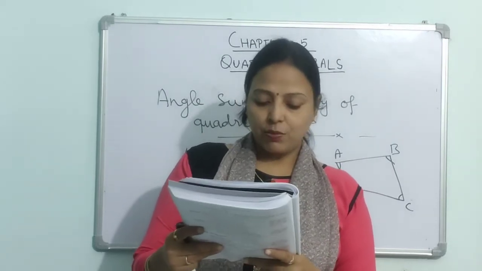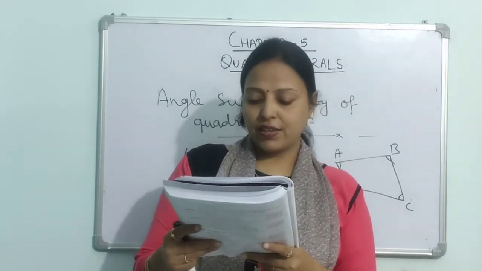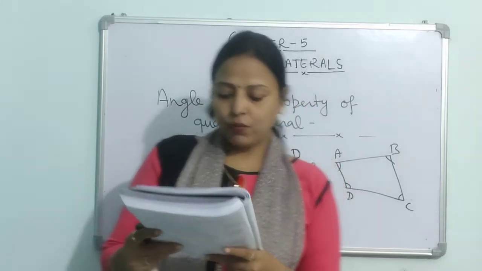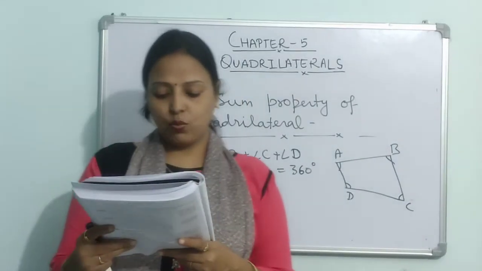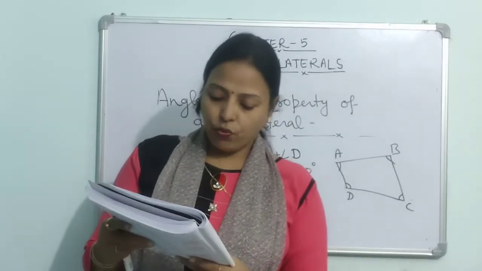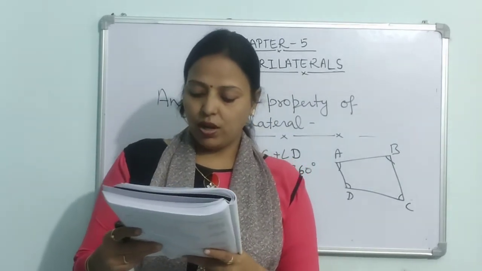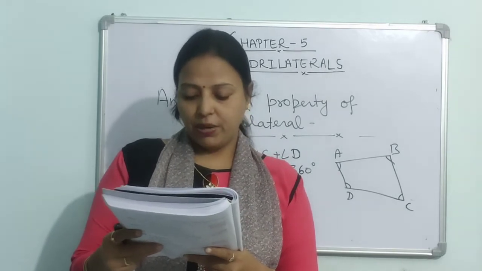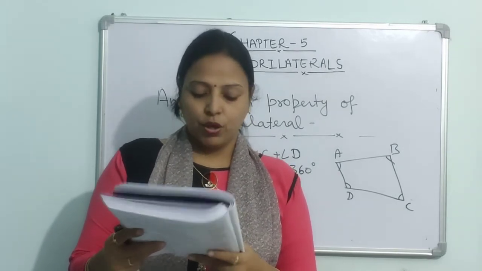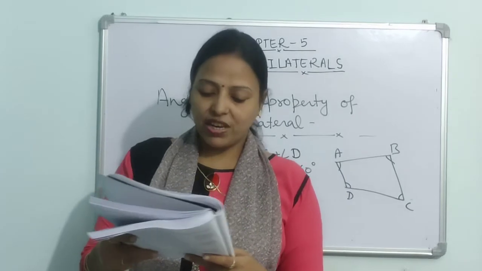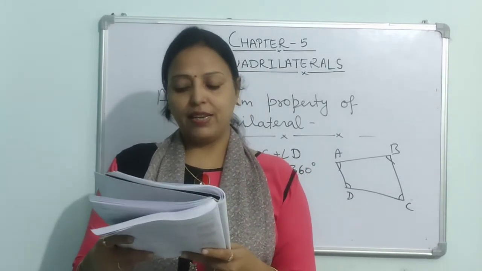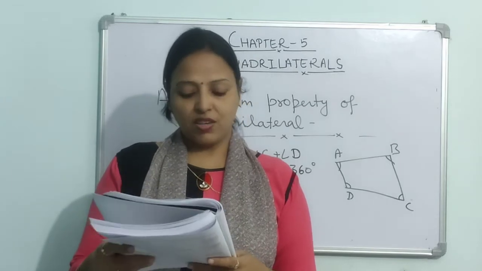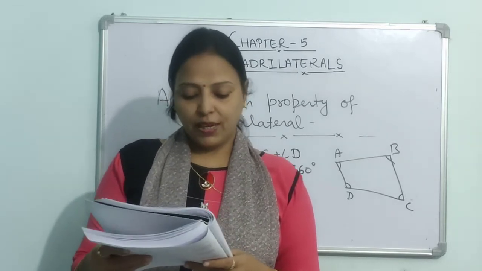The first statement given is, a convex quadrilateral has all angles less than 180 degrees. A concave quadrilateral has an angle greater than 180 degrees. The sum of four angles of a quadrilateral is equal to 5 right angles. A convex quadrilateral may have a reflex angle. So here the first one, a convex quadrilateral has all angles less than 180 degrees, I explained in the beginning. So this statement is true. The second one is also true.